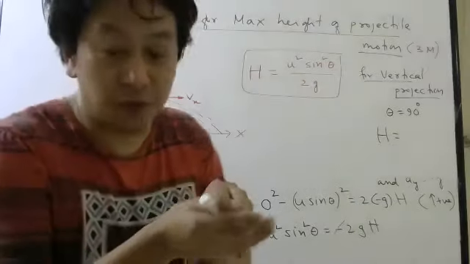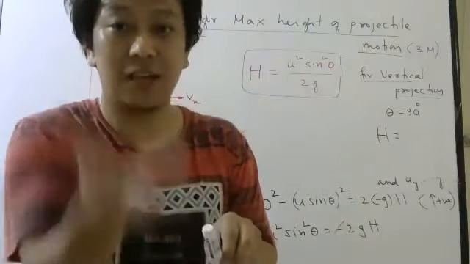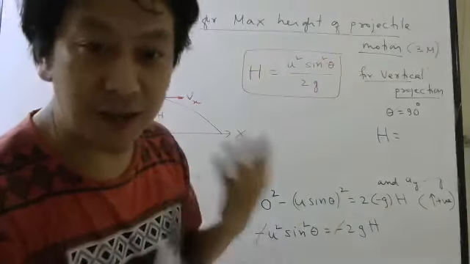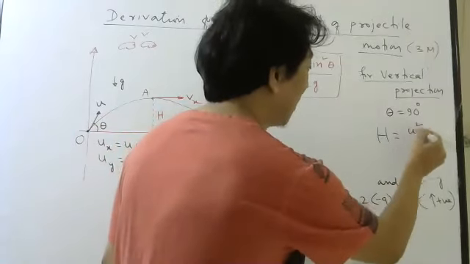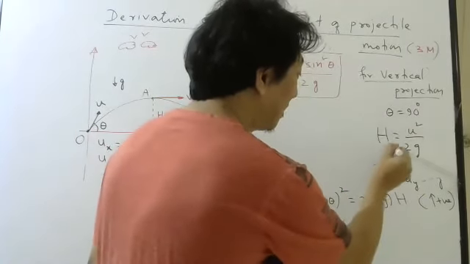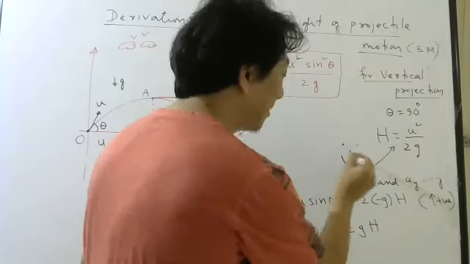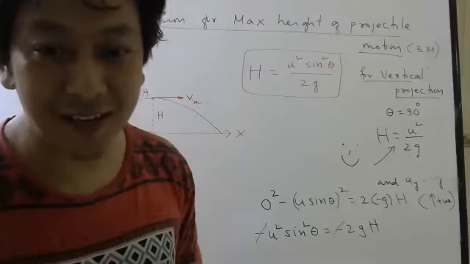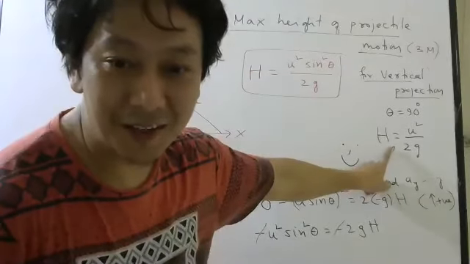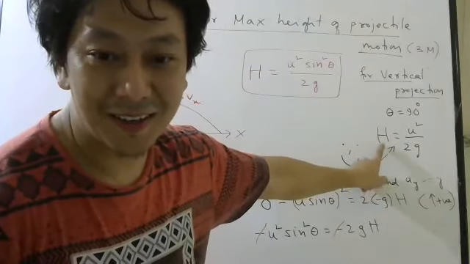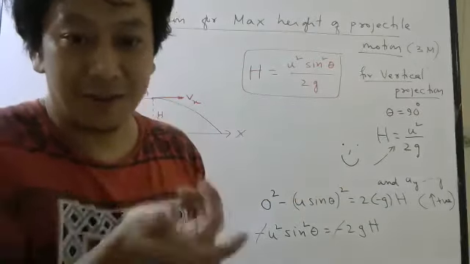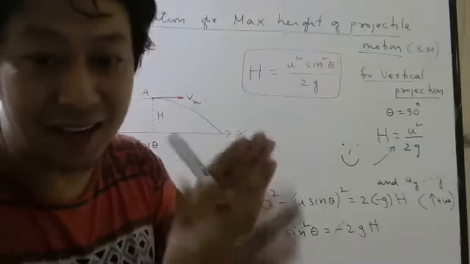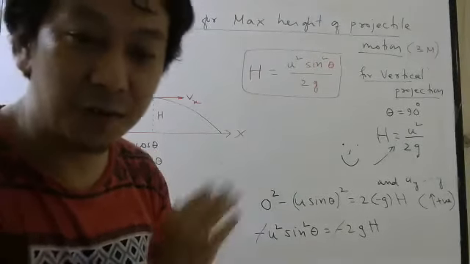So if I throw vertically, then theta is 90 degree. sin 90 degree is 1, 1 square is also 1. So the answer will be u squared by 2g. And after seeing this formula, you all should smile. Are you smiling or not? Why are you smiling? Because we have already done this formula while doing vertical motion, you remember, students? So it's very nice to see that when I change the angle, I can convert 2D motion into 1D motion.